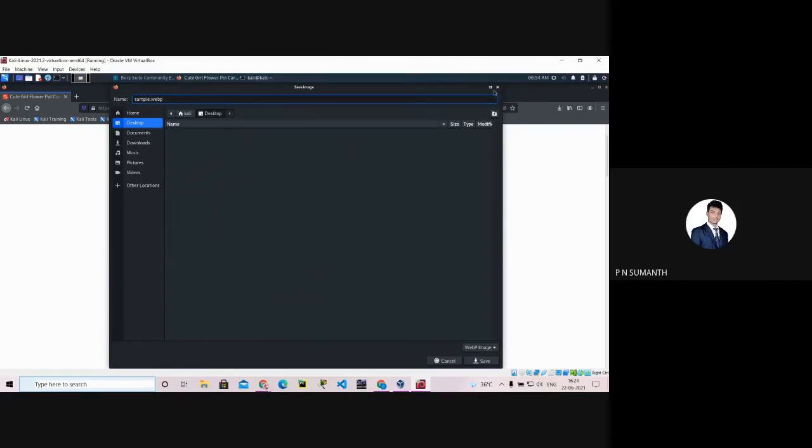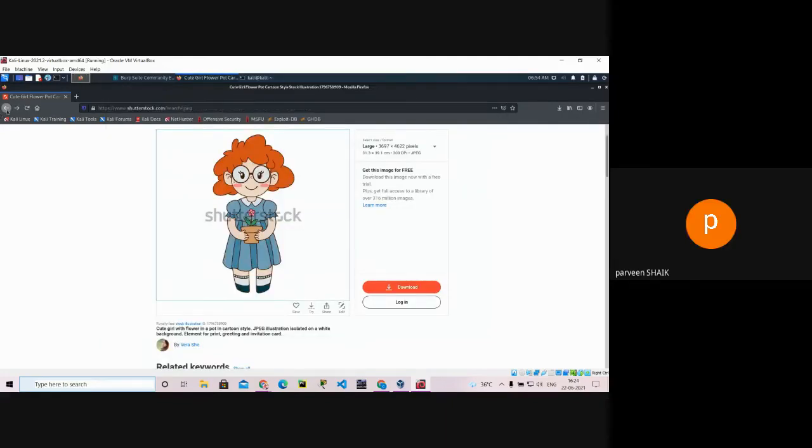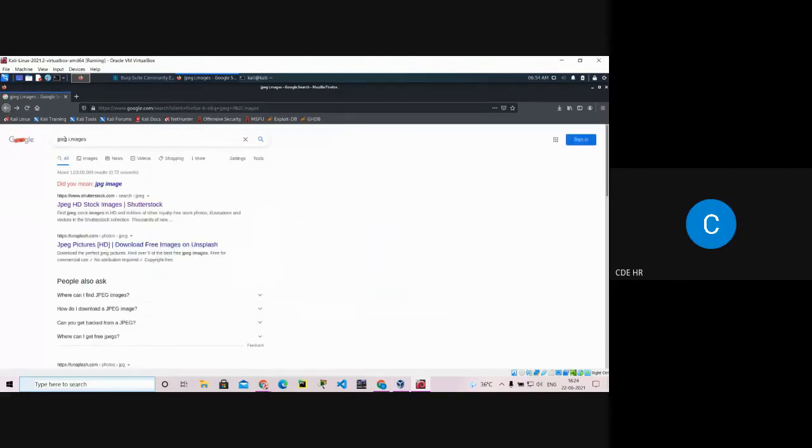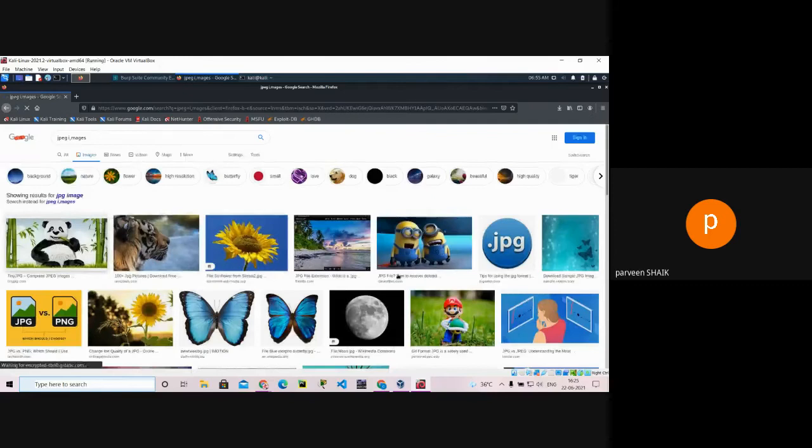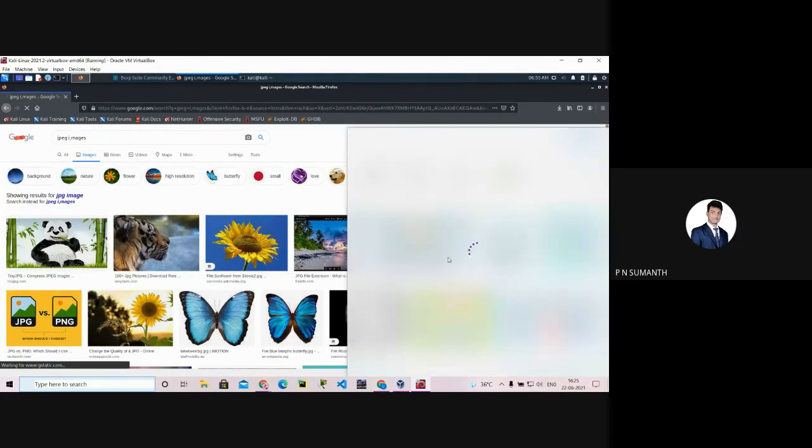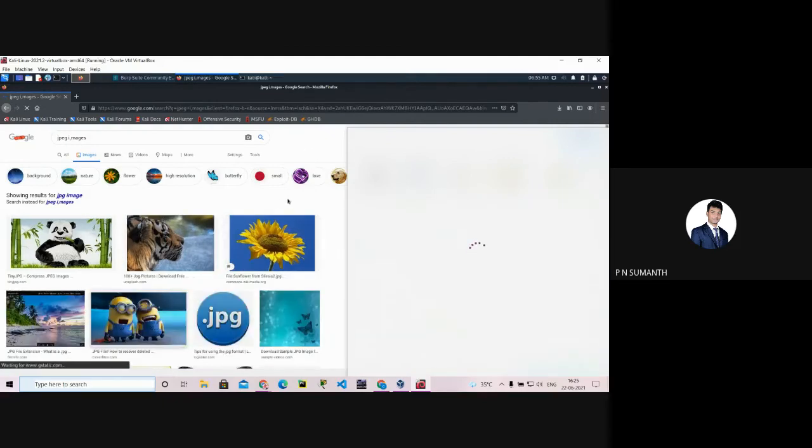Okay, then open Google Images. Go back, go back. Go to images. Download any particular file and see what format it is.